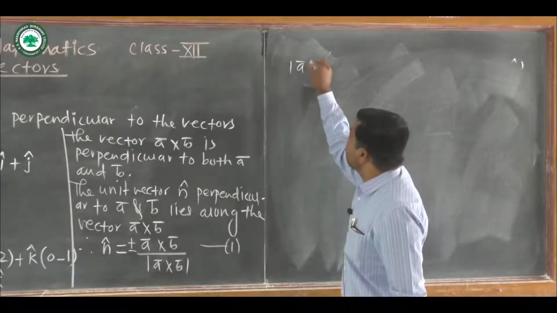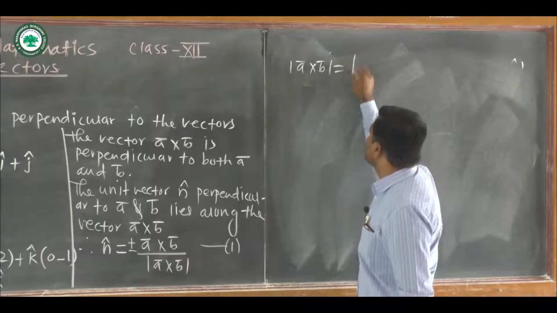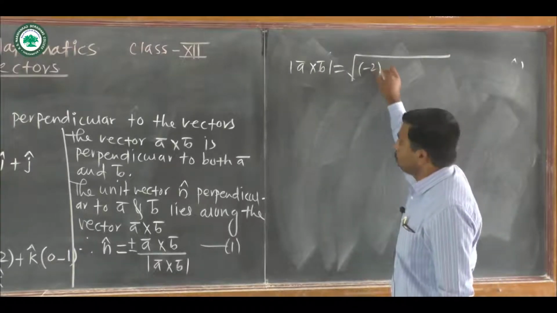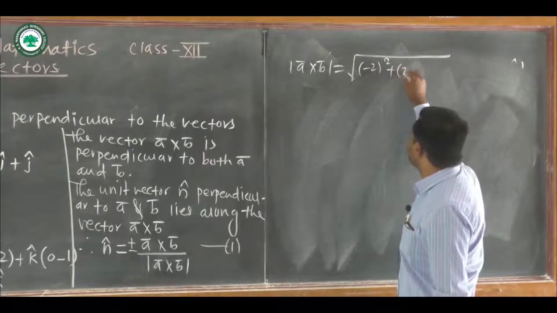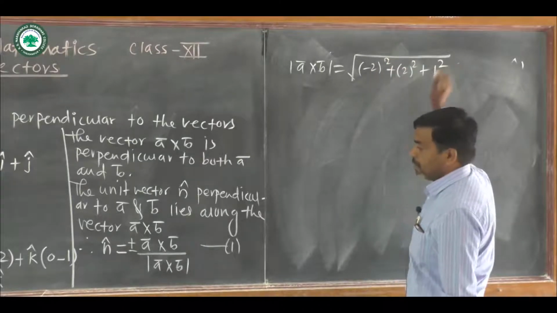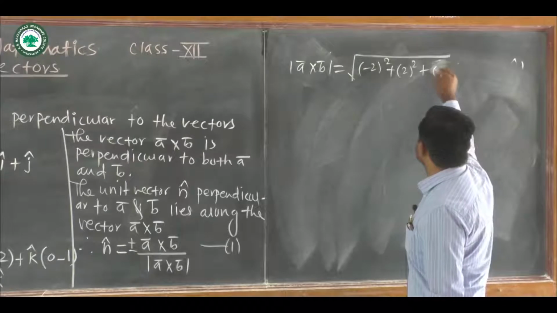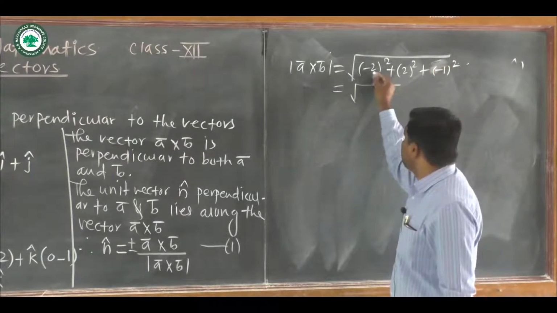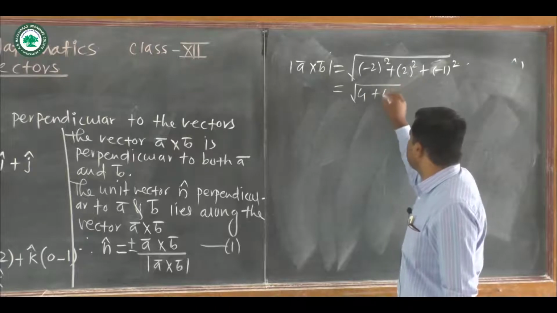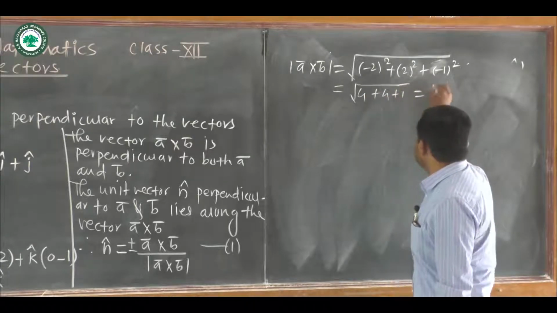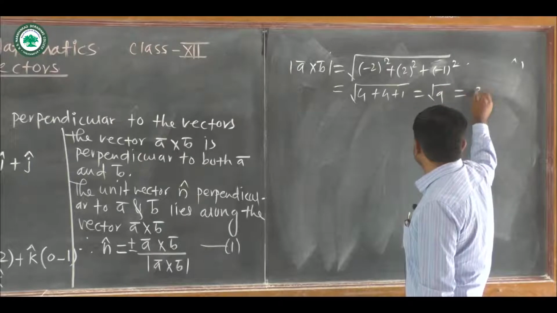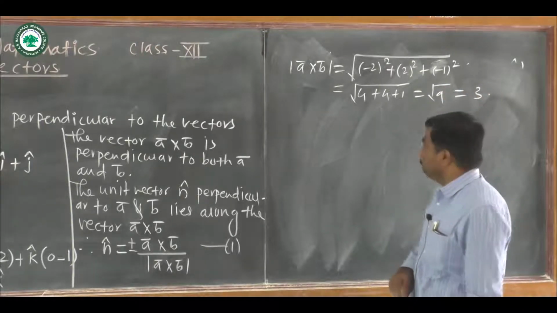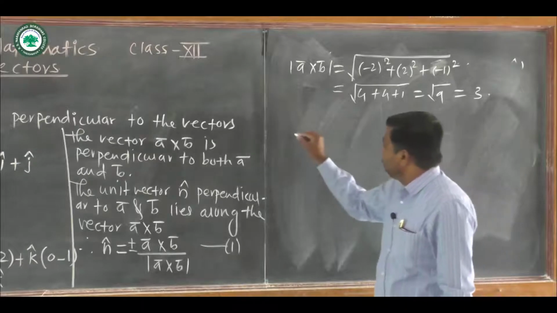Now magnitude of A bar cross B bar is equal to square root of minus 2 square plus 2 square plus minus 1 square. So it is equal to square root of 4 plus 4 plus 1. It is equal to square root of 9, and it is 3. So magnitude of A bar cross B bar is 3. So from 1,